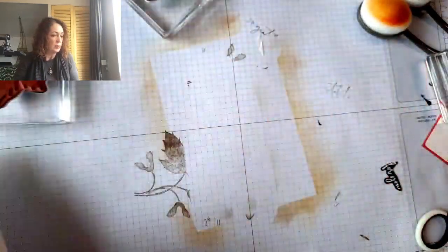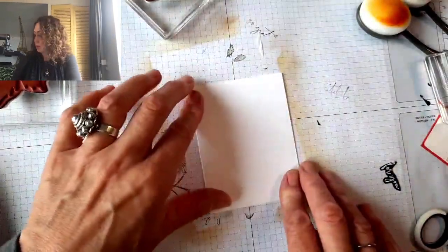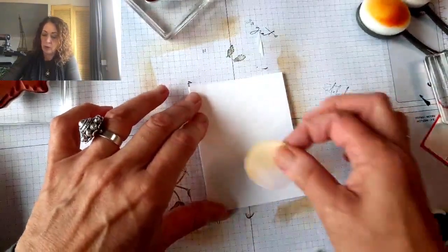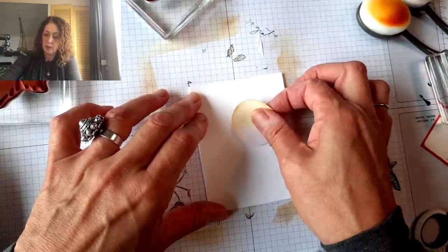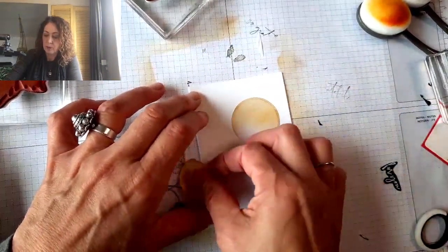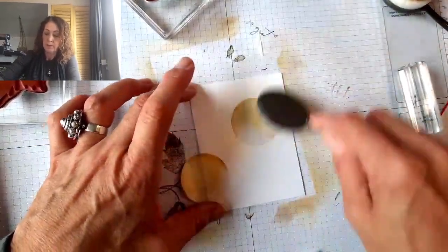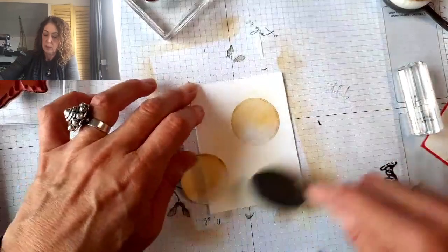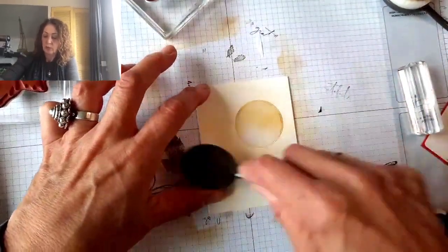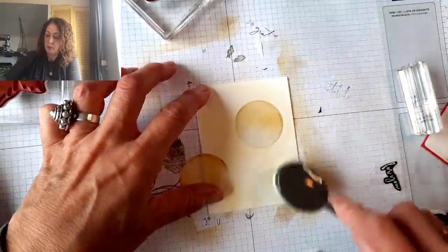Now, I didn't do the note card. I guess I could still do that. Look, we're just going to put one. Well, maybe not just one. And I'm just going to go really lightly. I'm not going to add any more color than this. This is just leftovers. And a little bit of